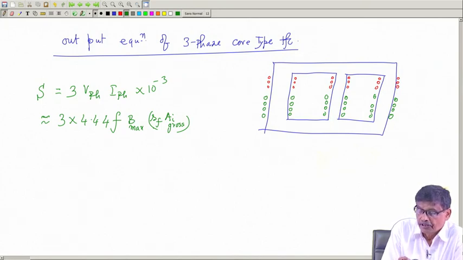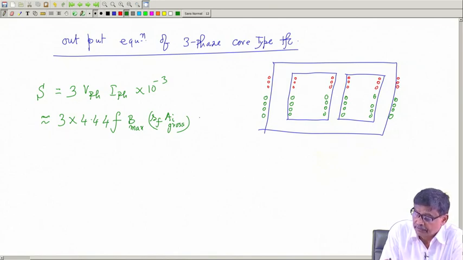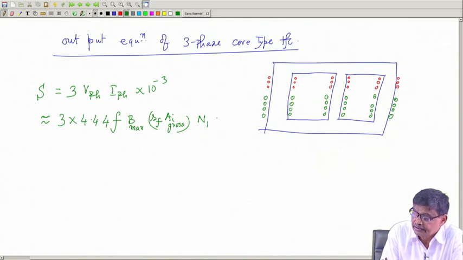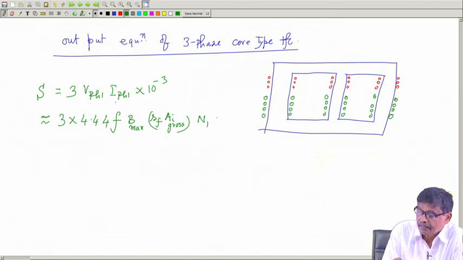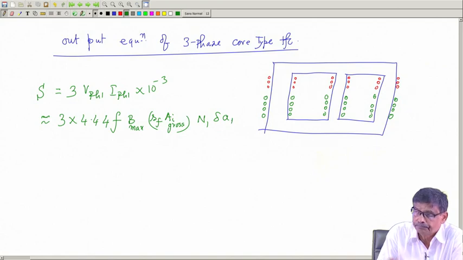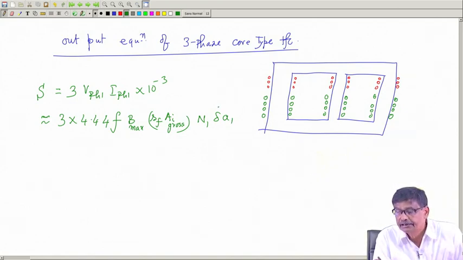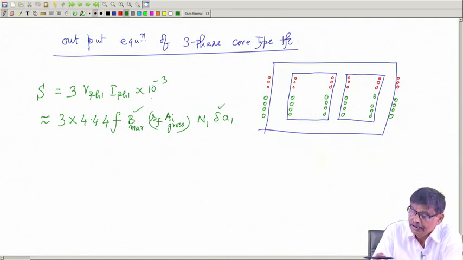3 into 4.44 A B max, and this thing is phi max into N 1, N 1 you write, and then I phase is, suppose primary side I am writing, so N 1 into I phase 1, I 1, that is equal to delta into A 1. You know that this is how it will look like. So, delta is the electric loading, B max is the magnetic loading. Now, in this case